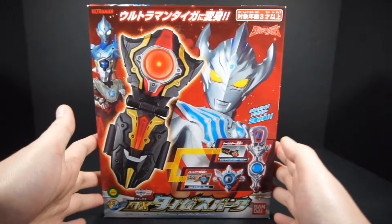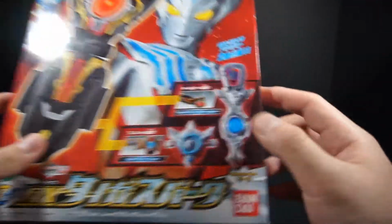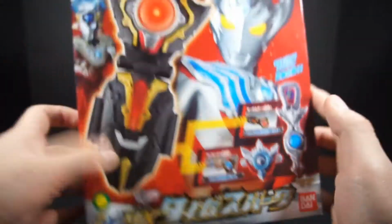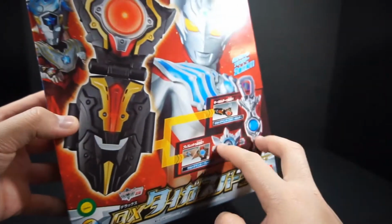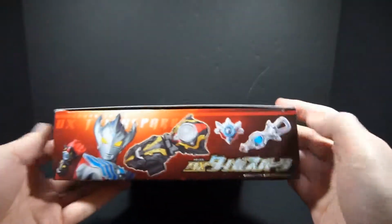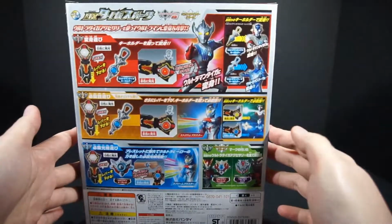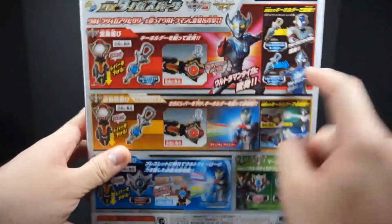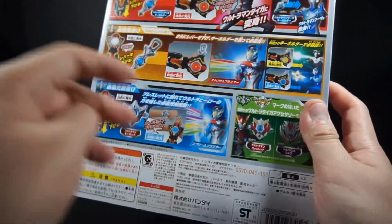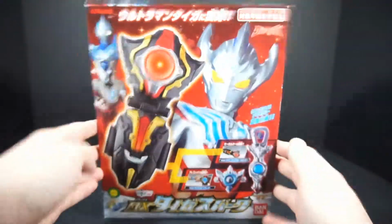So what's included in the set is the Taiga Spark itself, the Taiga Key Holder, and the Orblet, as these two are part of the Ultra Taiga accessories. So there's Ultraman Taiga there, the DX Taiga Spark, nothing much, and then transformation and finishers and the accessories, how they work and such. So let's